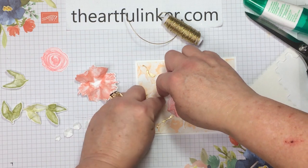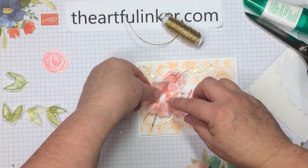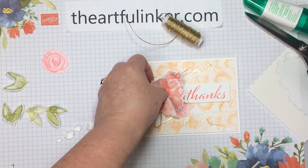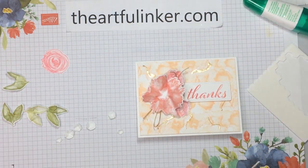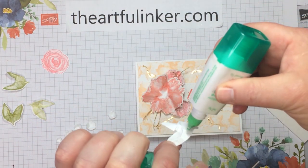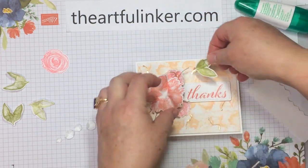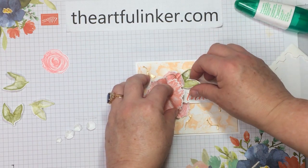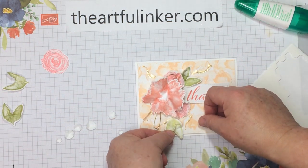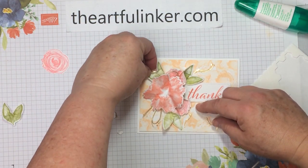And I'm just going to stick that right in here. Oops. And I did take my backing off. Okay, and we're sticking that in. Let's move this out of the way. And we're done with that. And now we need to tuck some leaves in. So I think some leaves up here will look great. And let's just fit some of these around before I stick them all in. Make sure I'm evenly